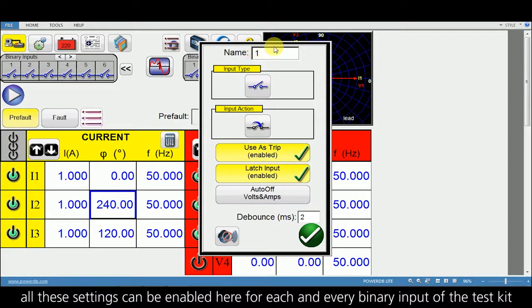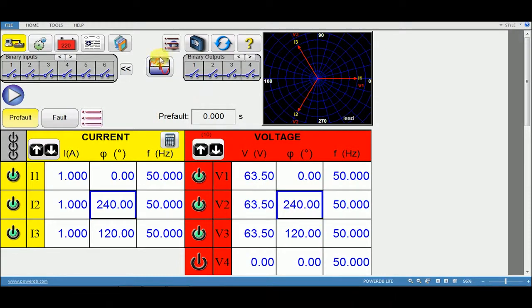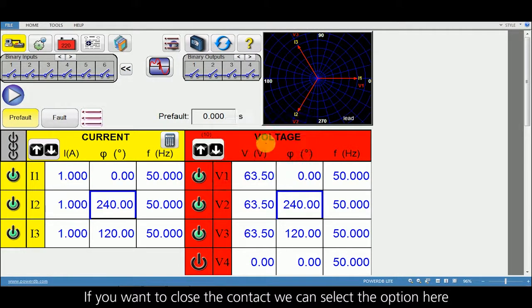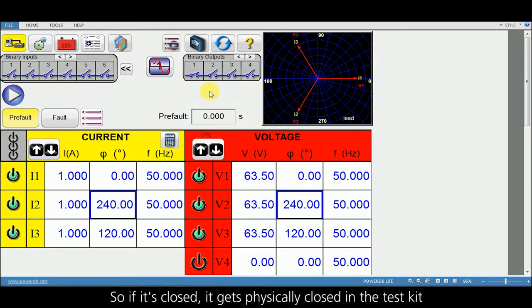All these settings can be enabled here for each and every binary input of the test kit. Similarly, for output contacts, if you want to close the contact, we can select the option here. If it's closed, it gets physically closed in the test kit.